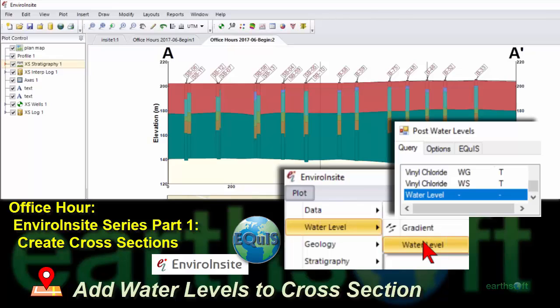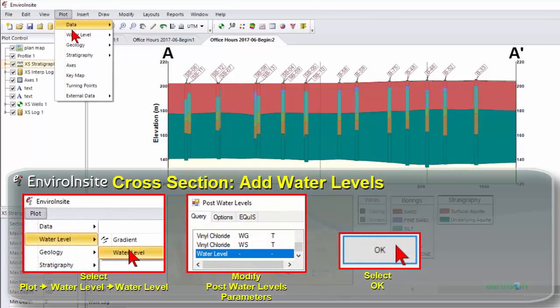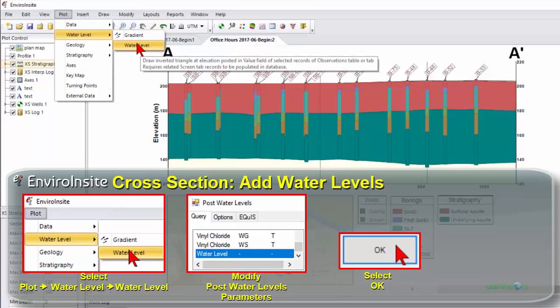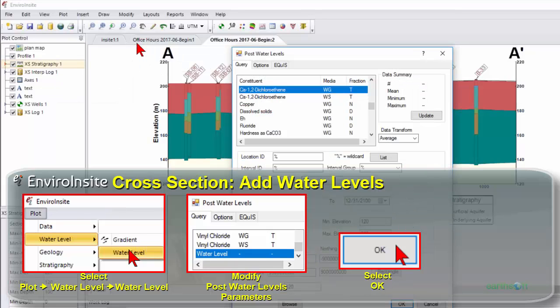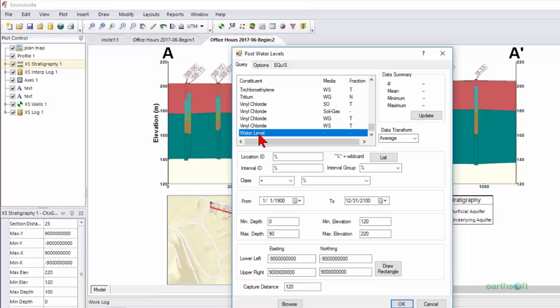All right, so let's move on now to add some water levels and see where that comes in. So here what we can do with our water levels is, again, we go to plot, water level, and select our water level. Within this, we now want to have a little bit of a different interface here, but here we are looking at constituents, and at the very bottom, I'll go down to our water level, get our water level here. We can come in here and select whether we want average. In this case, for the water level, I'm going to leave it at average,